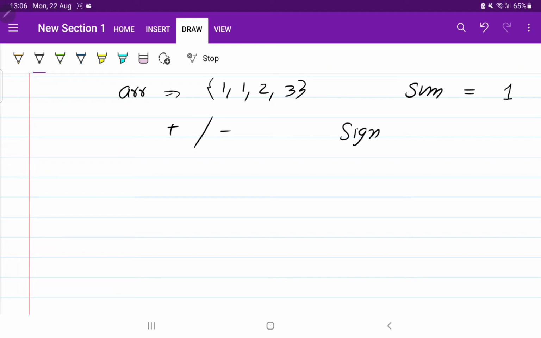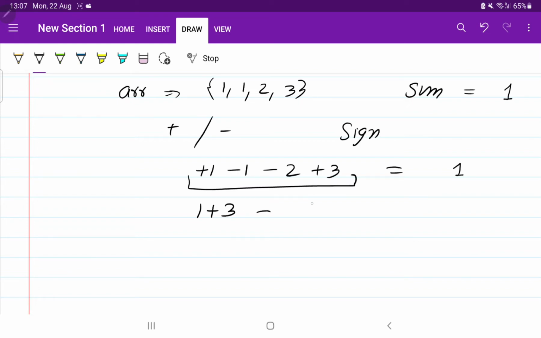So what we can do here is, let us try to find it out. What we were doing, we were assigning the signs. Okay, like this, plus 1, then minus 1, then minus 2, plus 3, and we were getting some output as 1. Okay, so if you observe this properly, can we write like this, 1 plus 3, then minus 2 and 1.